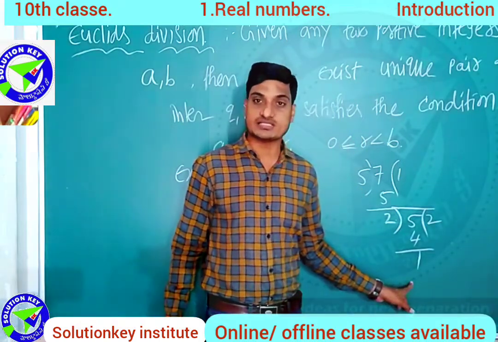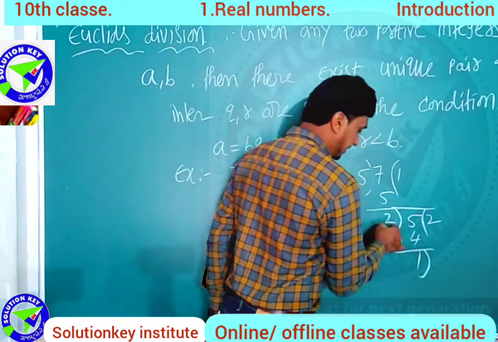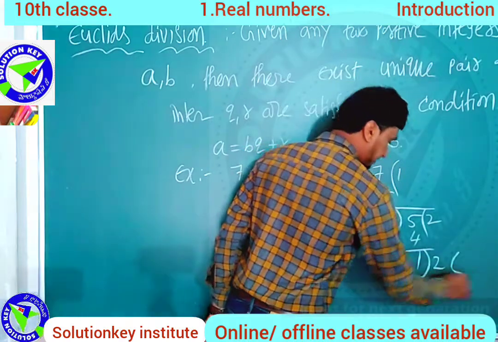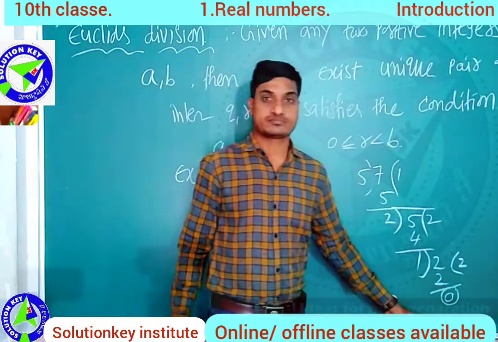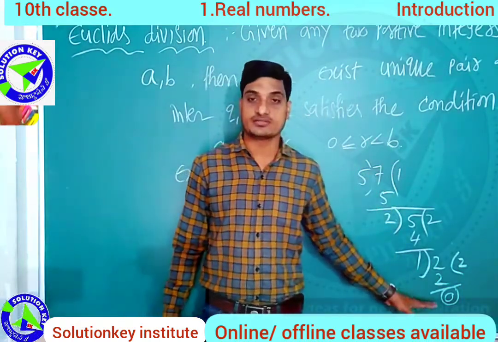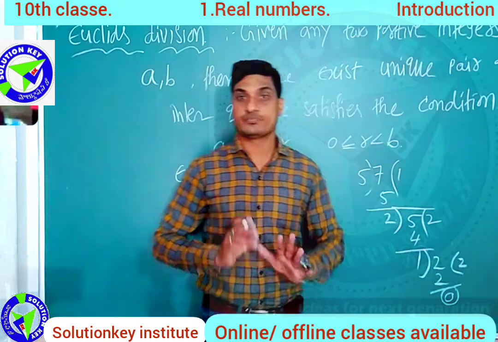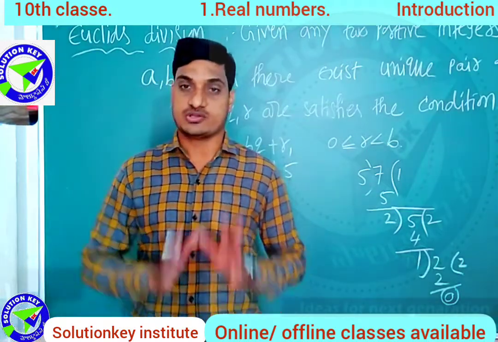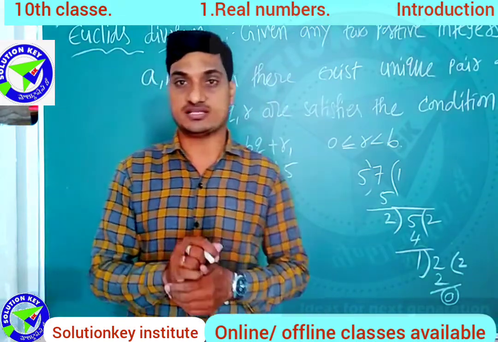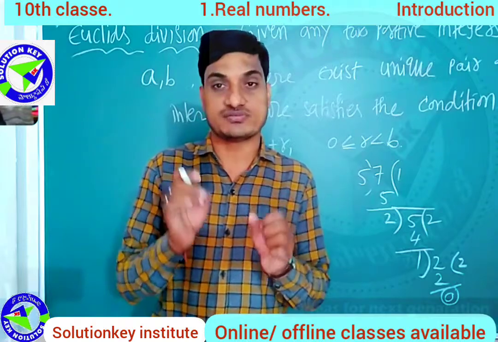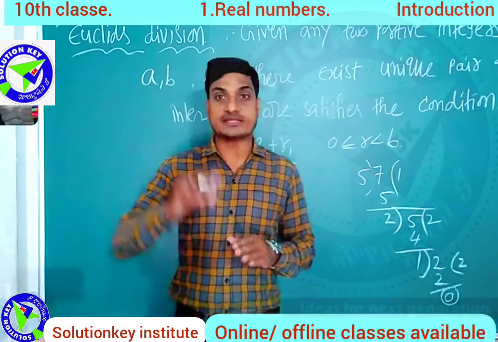But what is the condition? You continue until you get the 0 remainder. So you are not getting the 0 remainder. Then again take this 2 and divide. 1 2 2. So you are getting the 0 remainder. Then the process ends here, so your HCF is 1. You learned this process in 6th class only, but in our 10th class it is modified into Euclid's division lemma. Then instead of writing divisions, you write it step by step.